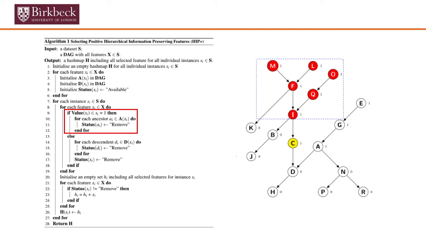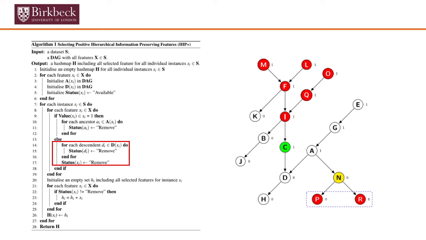Basically, it's going to check the values of the terms. So if the value of a term equals 1, then it will run the pseudocode from line 10 to line 12. Basically, if we have the value of a term equal to 1, then it will remove all these ancestor terms from this original feature set by assigning the value of the selection status equal to remove. And vice versa, if the value of the term equals 0, then you're going to remove all these descendant terms